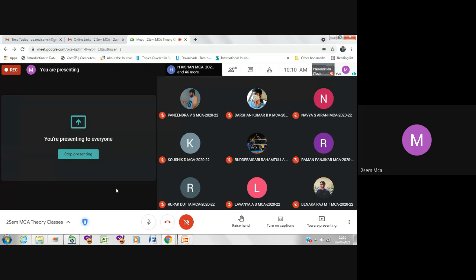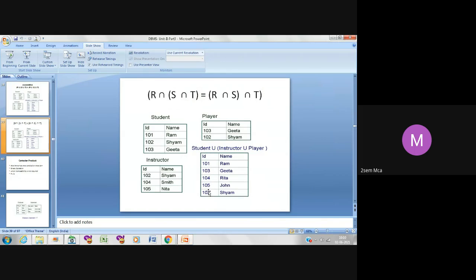Then we saw how we can apply union, intersection, and difference. So union and intersection will support both commutative property as well as associative property. Whereas your difference, commutative is not allowed. It is not possible. Till here we have seen. Before we proceed, any questions, anyone? Any doubts? No, ma'am. Okay. So let us proceed.